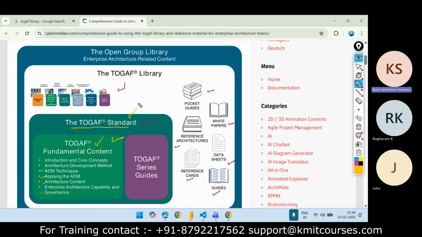It is maintained under the governance of the Open Group Architecture Forum. So these are some standards which we need to know about TOGAF.